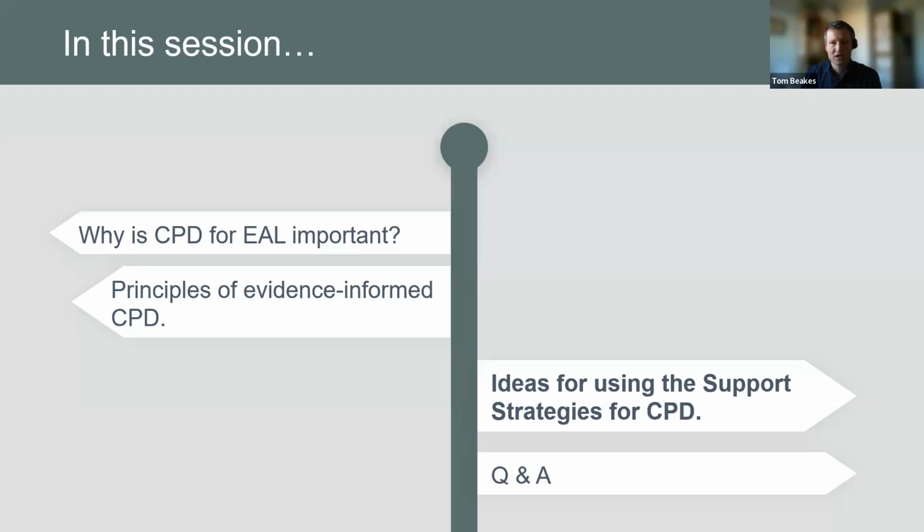So now to get a bit more practical, hopefully. In this section, we're going to look at how we might bring these two threads of the Inspire model and those 3 topics together, to see how we could use the Bell Foundation support strategies to actually develop EAL provision in our school. And I'm using the strategies really as an illustration, but of course a lot of these techniques we'll speak about could be applied to any useful source of information related to EAL provision.